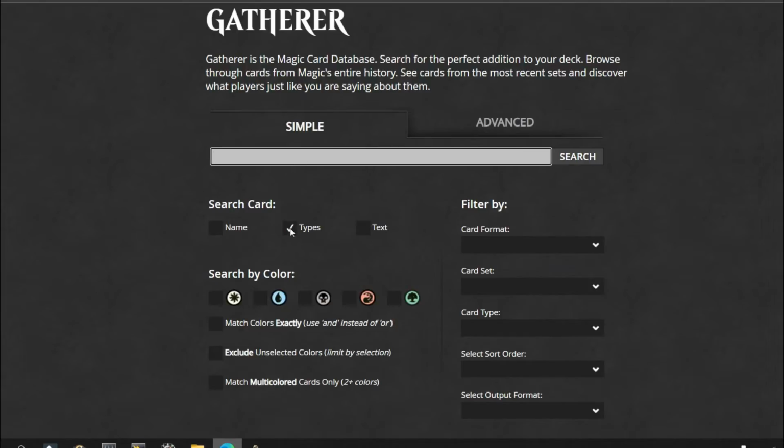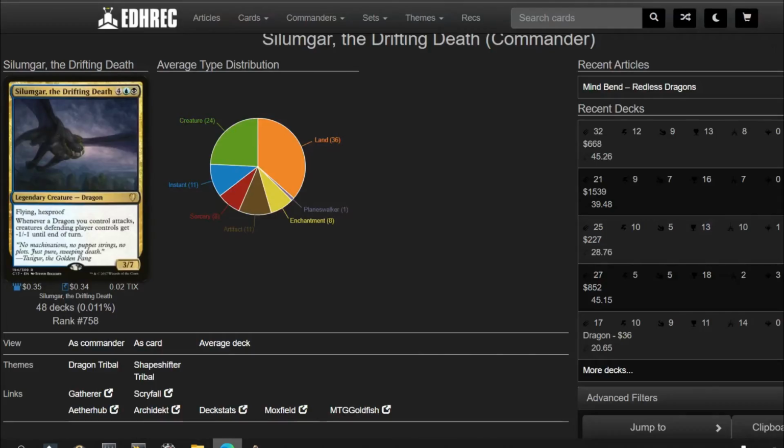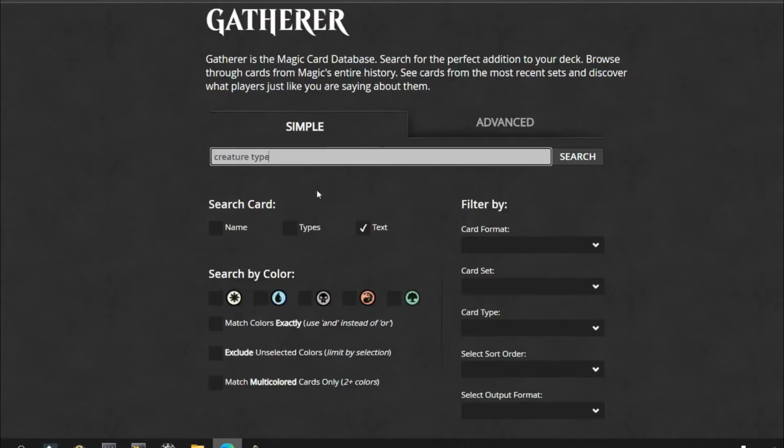So here's what we're going to do again. We're going to go text this time, and we're going to go creature type, if I can spell again, because we want to be able to choose creature types. Now, the strategy I'm going for...